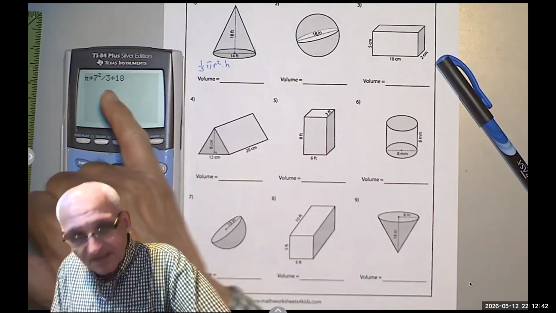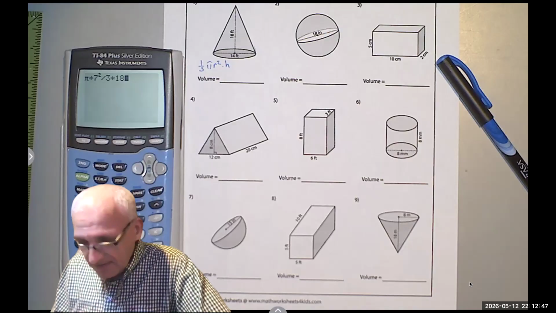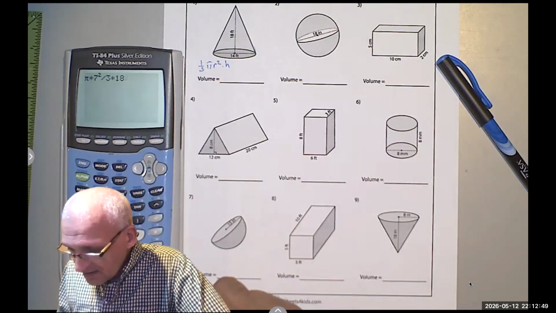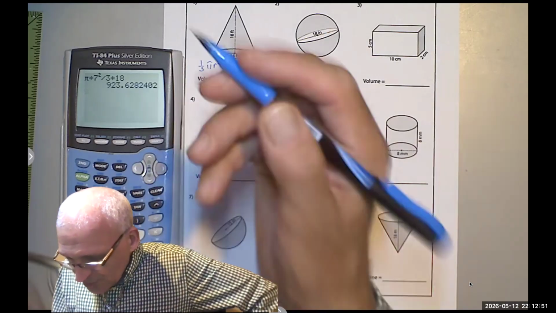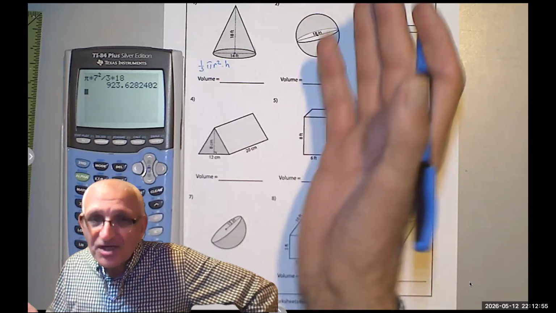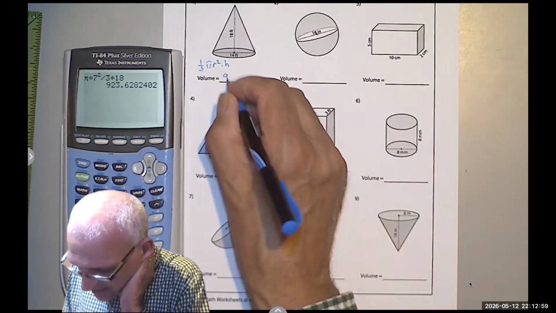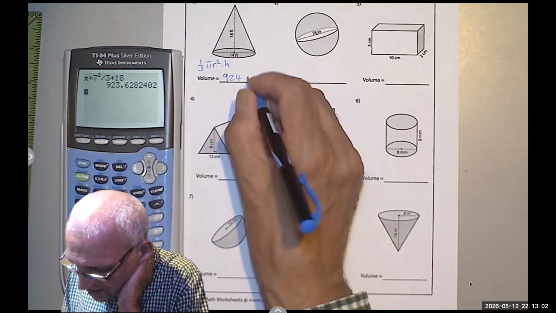So that would be 6 times 49, or 294 pi. But if you want it with 2 decimal places, or just round it to an integer, I will get 924